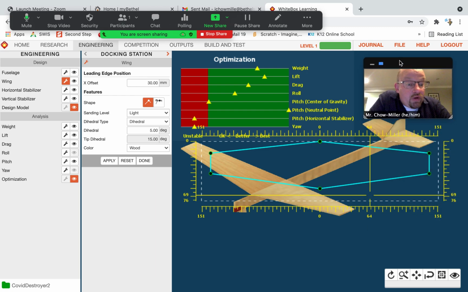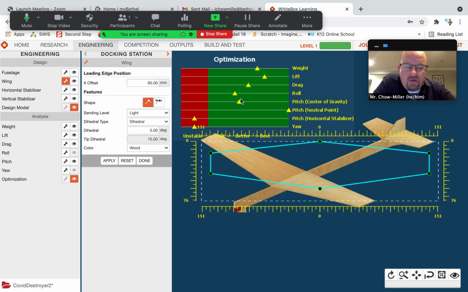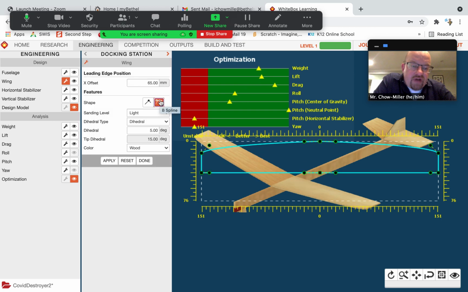And the more you do this, the more you'll learn about how it works. Right now, I'm going to make an FX offset of 65. That didn't take. A lot of times you have to hit apply. Hitting enter doesn't work. And you notice all of a sudden my center of gravity got better. I'm going to change the shape of my wing so that it is curved. My drag got better, but my center of gravity got worse. I'm going to change the sanding level to medium. My dihedral will become a polyhedral, and I'm going to do 15 degrees on both of these turns. I'm going to apply all of that,